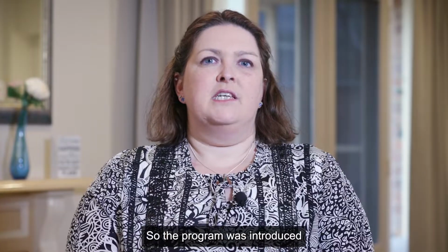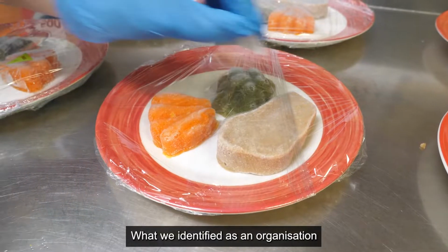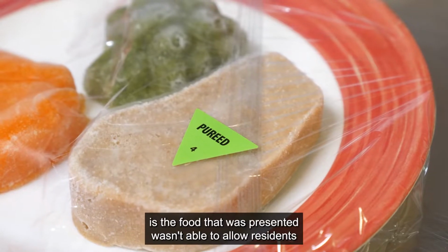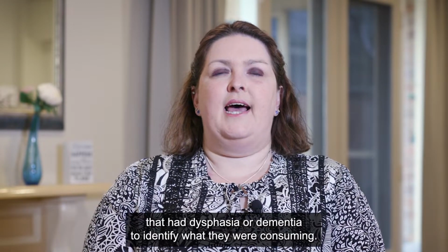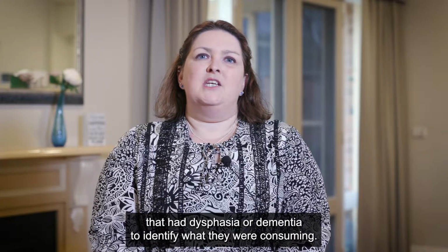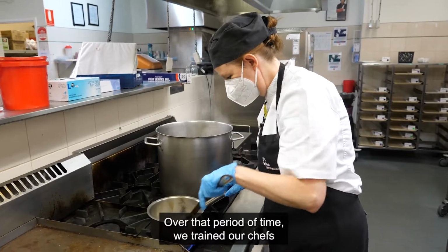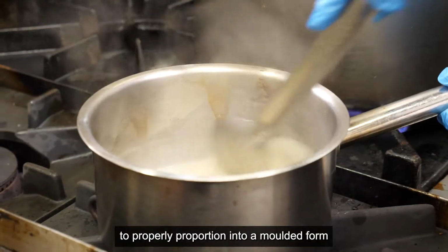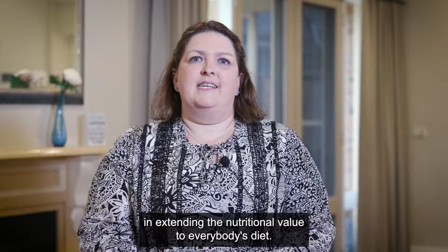So the program was introduced with the texture modified food in a moulded form. What we identified as an organisation is the food that was presented wasn't able to allow residents that had dysphagia or dementia to identify what they were consuming. Over that period of time, we trained our chefs to properly proportion into a moulded form, extending the nutritional